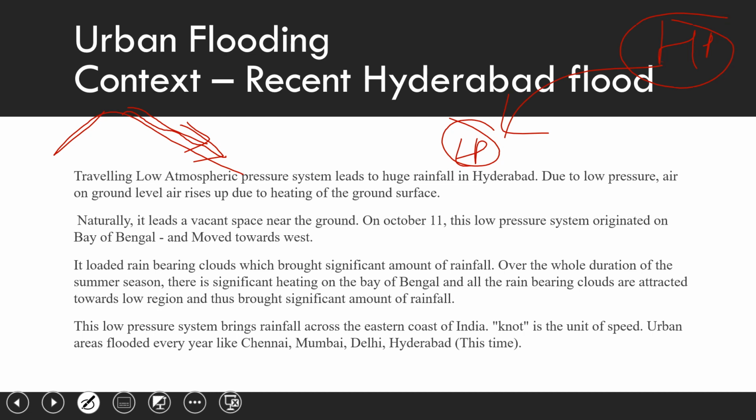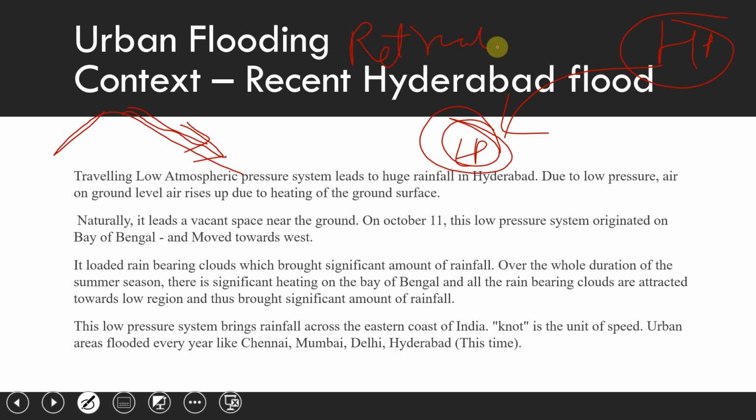Similarly, a river also flows because of the potential difference, from high pressure to low pressure. Similarly, electricity comes into your house only because of high pressure to low pressure. So just keep it in mind, whenever floods or cyclones happen, it is only because of the movement of air from high pressure to low pressure. Okay, so the low pressure was created in the Hyderabad region, and right now we are facing the retreating of